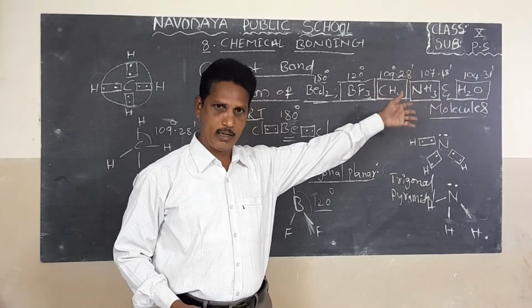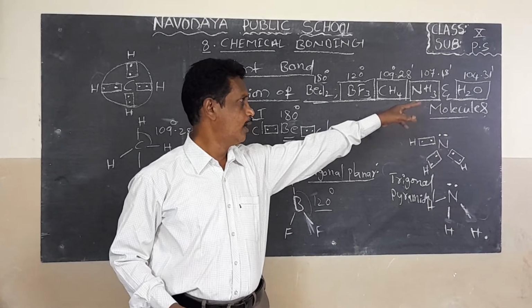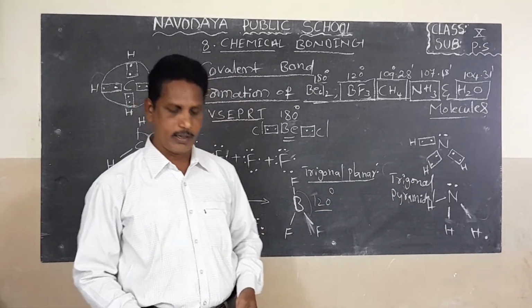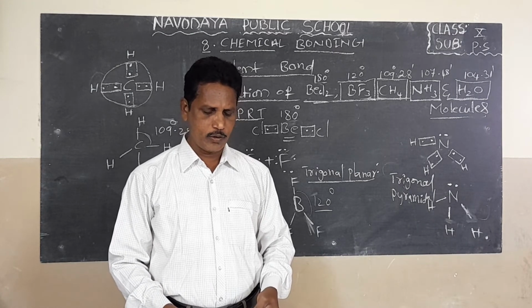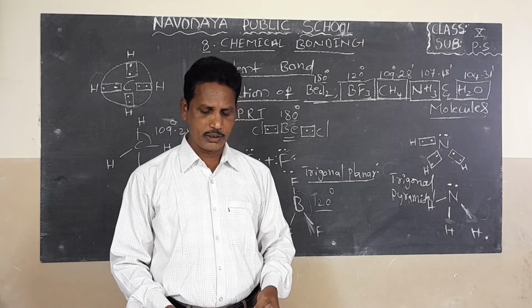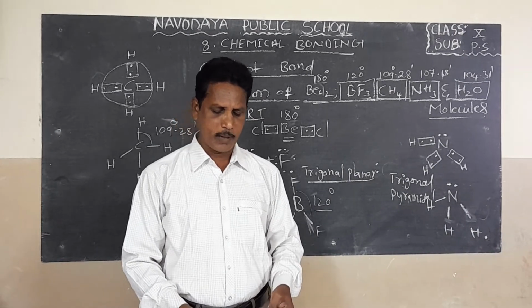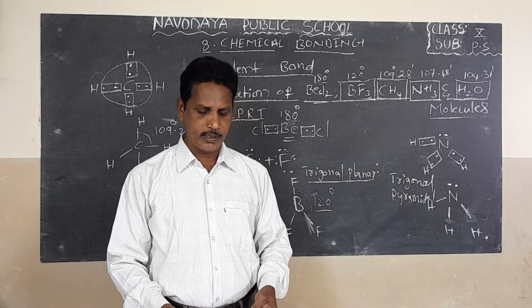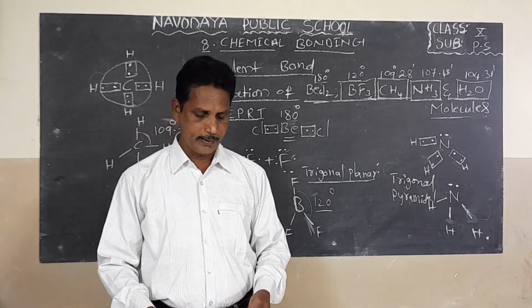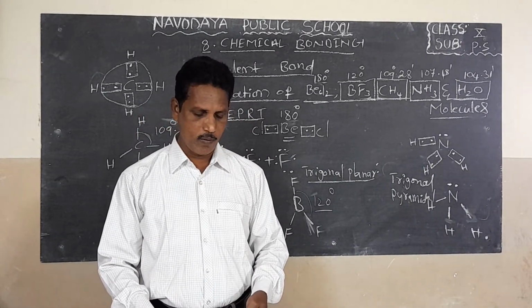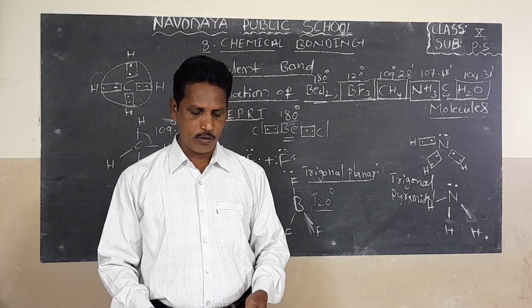We already discussed the water molecule: 104 degrees 31 minutes. If there are two bond pairs and two lone pairs of electrons around the nucleus of the central atom in its valence shell, lone pair-lone pair repulsion is greater than lone pair-bond pair repulsion. Therefore, the angle between the bond pairs further decreases. See page number 170. The example of water: in the water molecule H2O, there are 4 electron pairs around the nucleus.